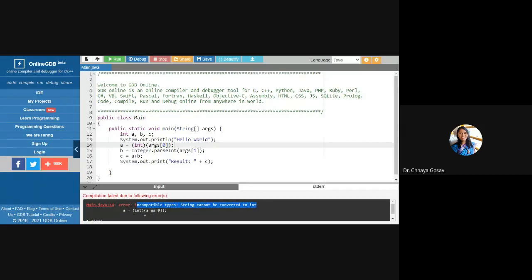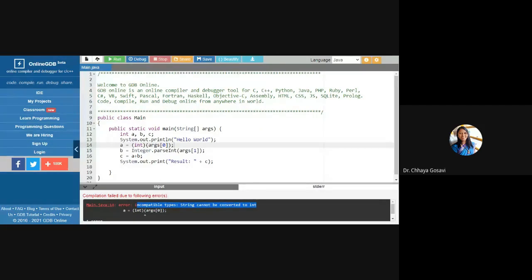These are numerical data types, and the second one is string data type, like string, character, array, etc. So only numerical data types can be type casted, or type conversion is applicable to numerical data types. Are you getting? Yesterday we have seen type conversion and type casting. That was applicable for numerical data types.